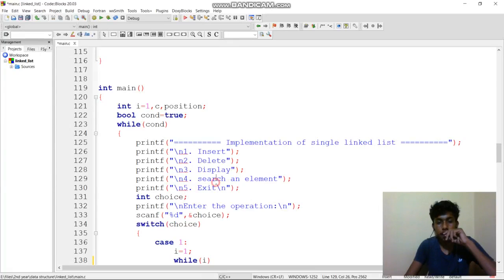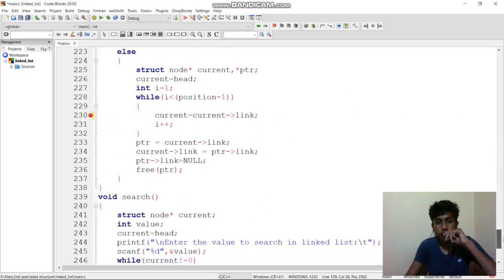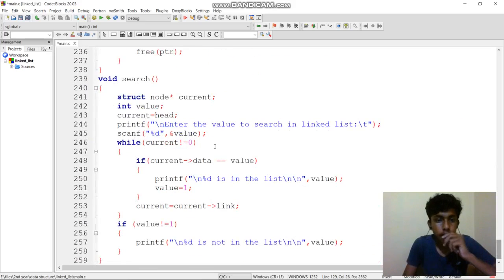Now our last option is searching for an element. If an element is in the list, we give the same element to search. If the element is there, we need to print that it is there; otherwise it is not there. Same as in display, I'm creating an integer value, current equal to head, so it will point to the first address.